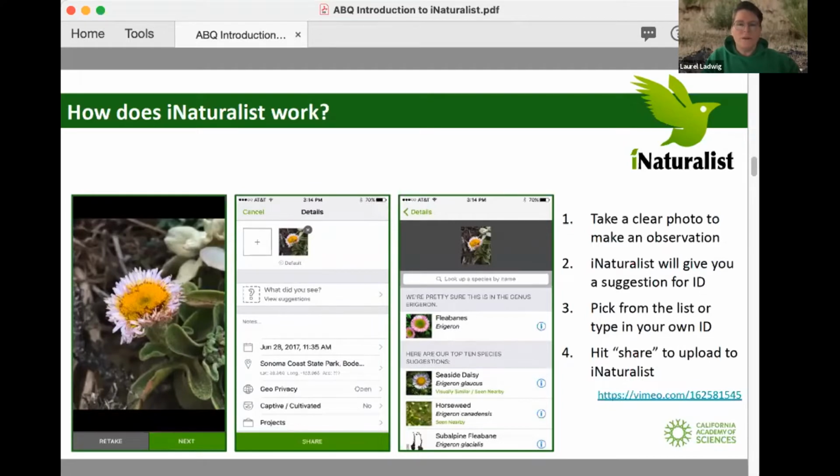The way to use the app or the website, we'll do the website later, but it works for both. Take as clear and focused a picture as possible. Sometimes it's not possible to get a clear picture with mammals and birds, but it's very good to try, because it's kind of amazing what can be identifiable. Even some horrible pictures can be identifiable. But basically, you want to get as good a picture as you can to have the best chance